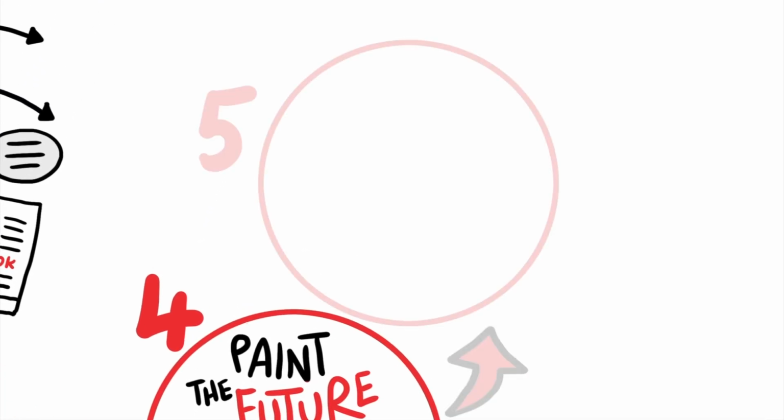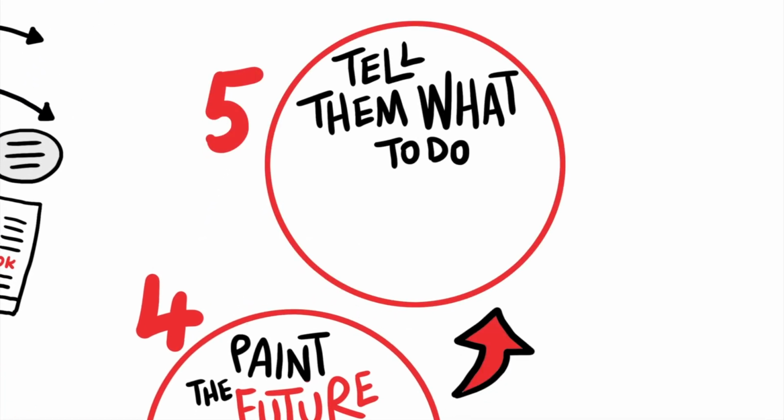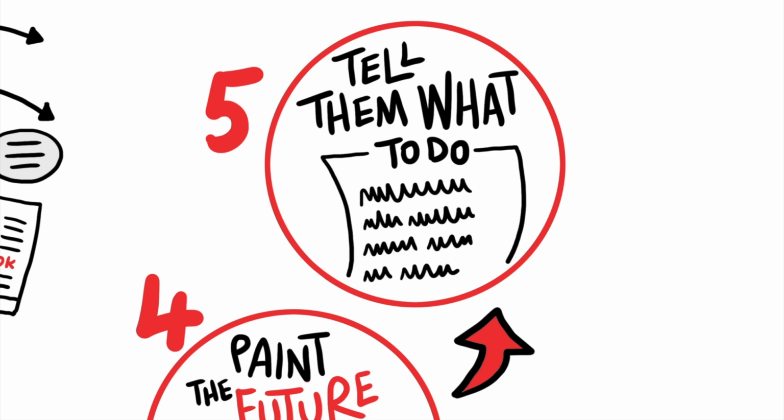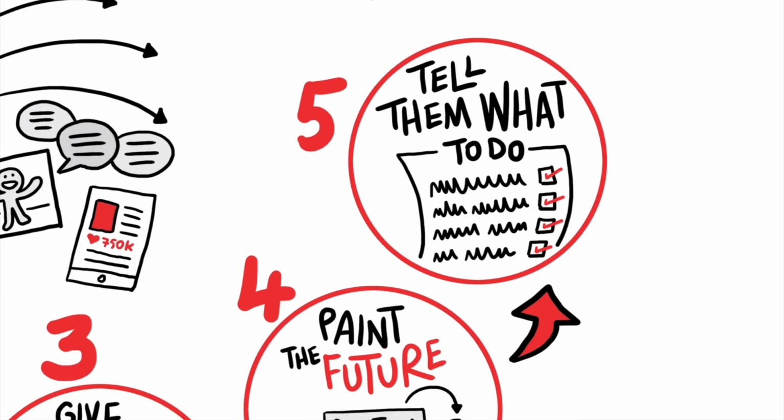And finally, step 5. Tell them what to do. Your audience are now ready for you to tell people exactly what to do next to support your idea. You can make a direct call to action, or a challenge, or make a personal commitment that you invite them to join you in. Instead of vague suggestions like, think about this, the best speakers make these steps clear and achievable so that people know exactly how to get started right away. At this point, your audience should be ready to do something to help.